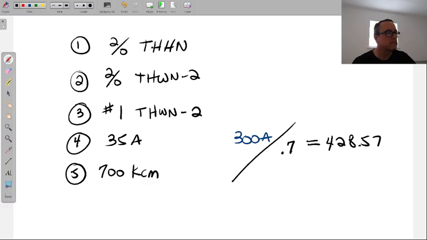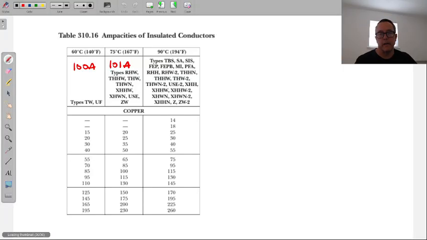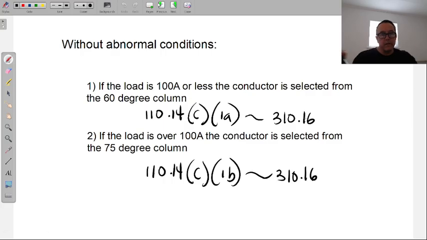So it's always referred to the 75-degree column when you don't give us the type. Exactly. Got it. Is that just because? Well, yeah, that's because this code here tells us to do that. So if I don't give us a type of conductor that I want, we just always apply this. Got it. Simple enough.